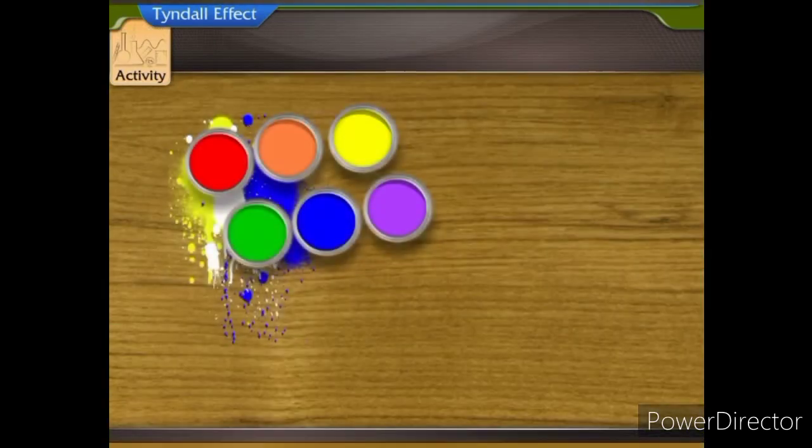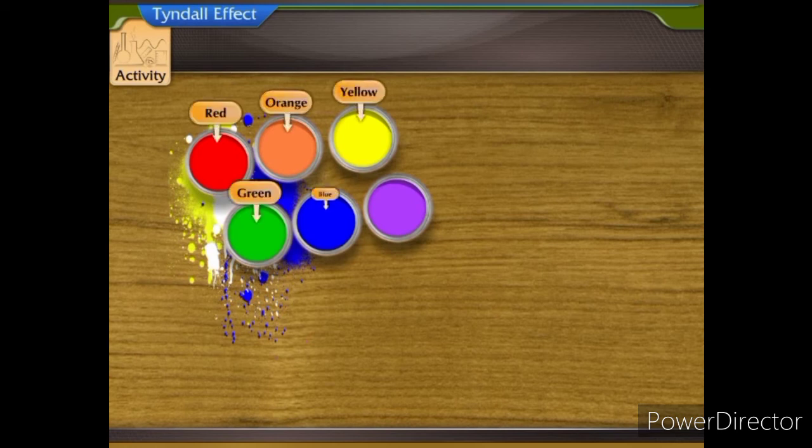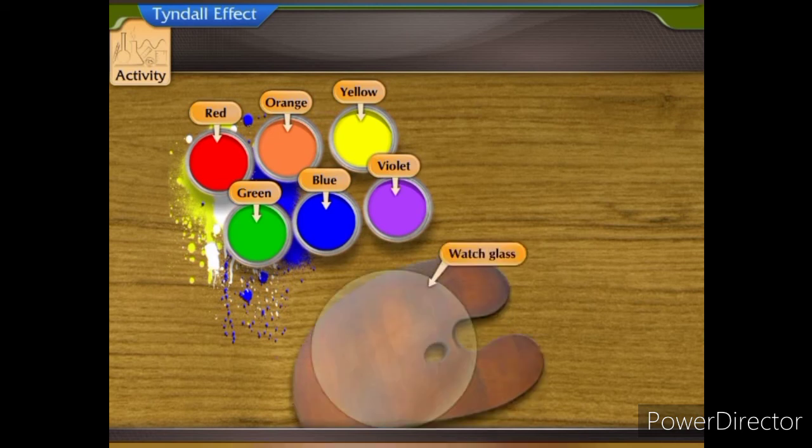Activity: take a set of watercolors. Select red, orange, yellow, green, blue and violet watercolors. Take a watch glass and put a drop of red color on it. To that, add 2 drops of orange color,